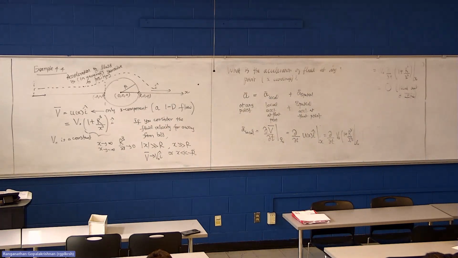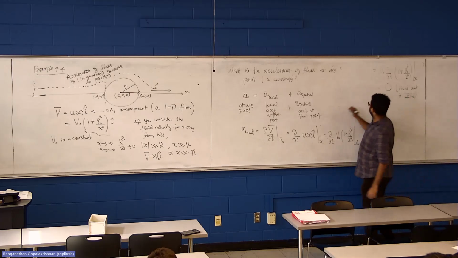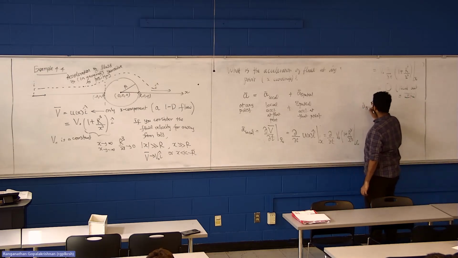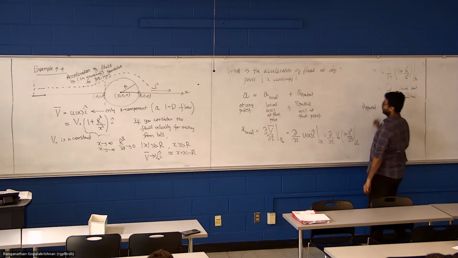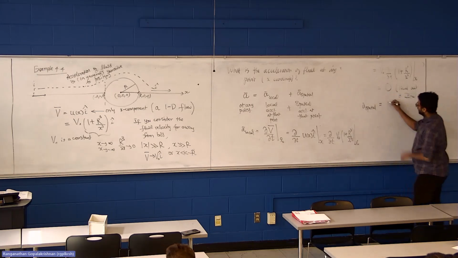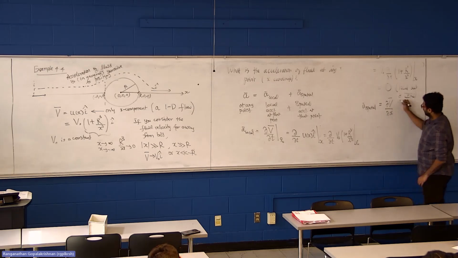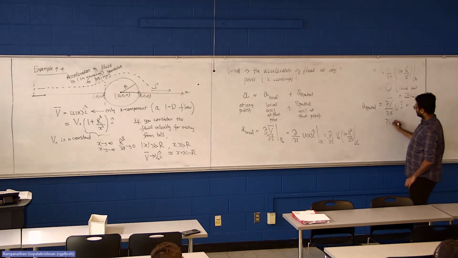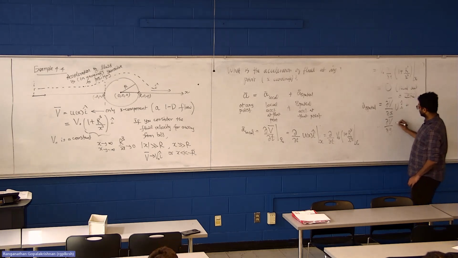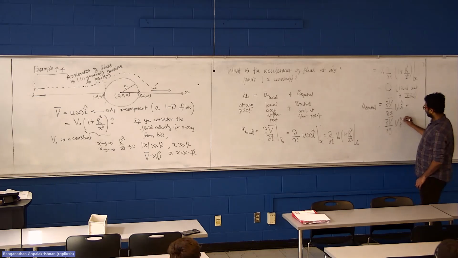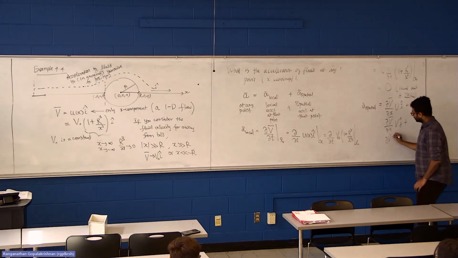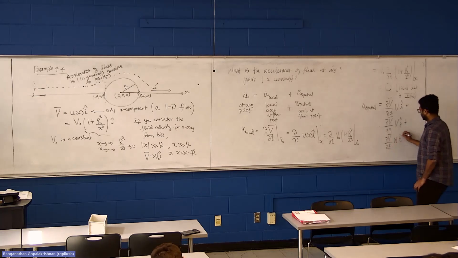I spoke so much just to establish 0. Okay, but then how do we compute the spatial acceleration? A spatial would be the rate of change of velocity vector with respect to space multiplied by the x component I cap, plus the rate of change of velocity with respect to y direction multiplied by the y component j cap, plus the rate of change of velocity with respect to z direction multiplied by z component k cap.